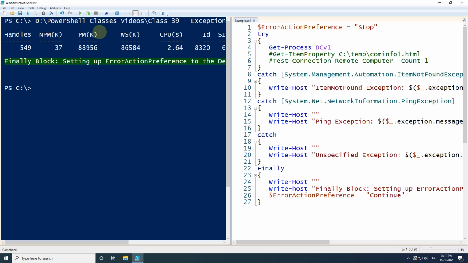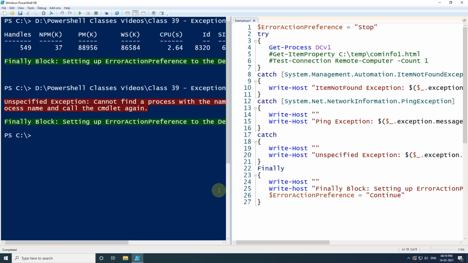And in case I change this process name, if I rename 2 to 1 here, and execute once again, then we will see we are getting different output. This time you are seeing we have got a different error. So this try block did not execute successfully. We have got an exception in this block. So if we get any exception in this block, the error object tries to match the error type with these two. Since it did not match with these two exceptions, the last catch block got executed.